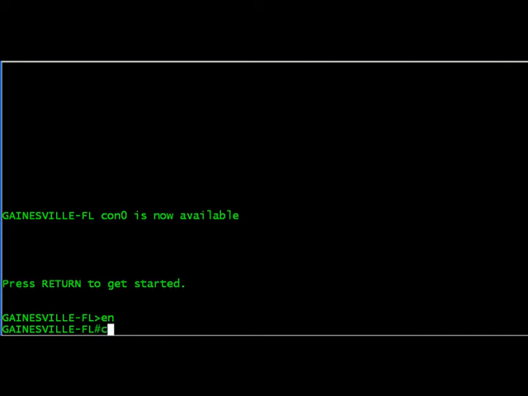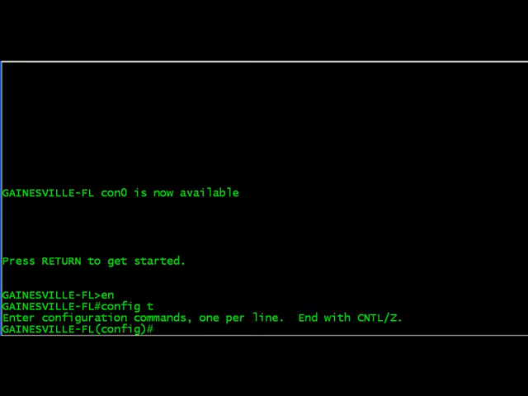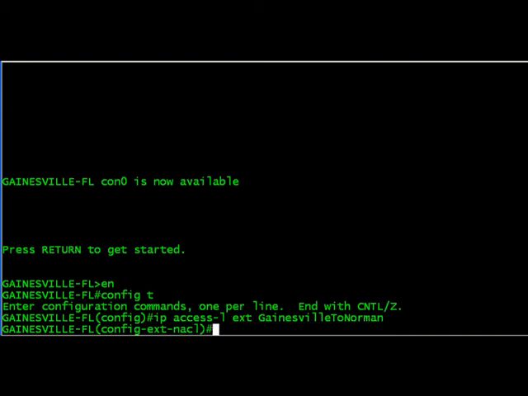Alright, we're going to do the same thing on the Gainesville side. Global config mode. Let's get that access list configured here. And it's going to be the reverse, and it has to be the exact reverse of what you have on the other side. Something within IPSec